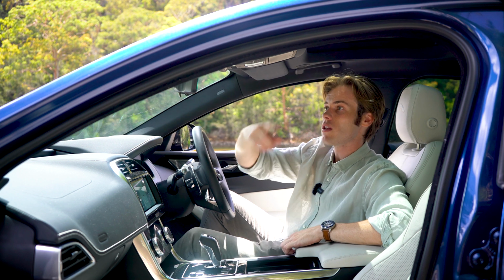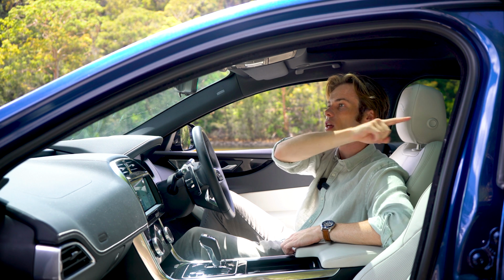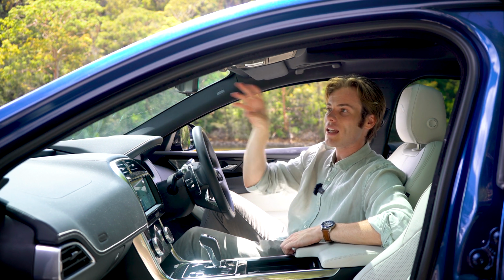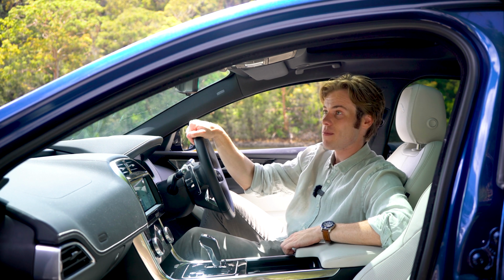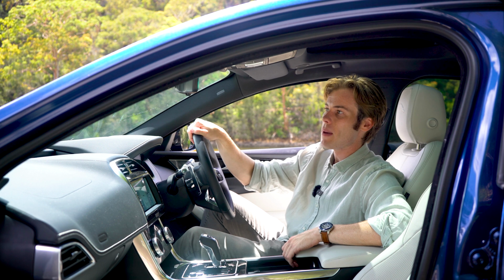If you have it on a mirror, you sort of get an obstruction with, you know, the framing of the rear window and also the headrest, but you flick this up and you get yourself a clear image out the back, and I've never had any visibility problems with this. Love this. And you know what? I wish most cars came with this camera feed. I know it'd be more expensive if something goes wrong instead of a simple mirror, but it is just that